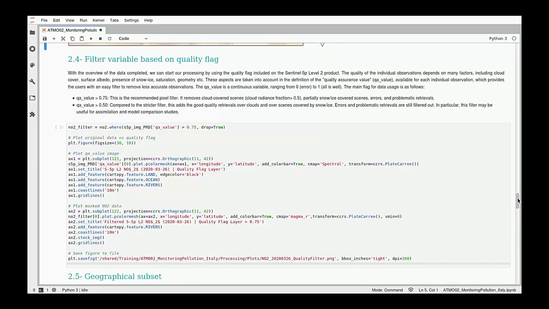conditions that might happen in your target. I'm thinking about the condition of the atmosphere, if it's cloudy, that you cannot control, and this will destroy the quality of your data. So the quality of the individual observations depends in Sentinel-5p on many factors, including cloud cover, surface albedo, presence of snow ice, saturation, geometry, etc. So these aspects are taken into account in the definition of the quality assurance value, which